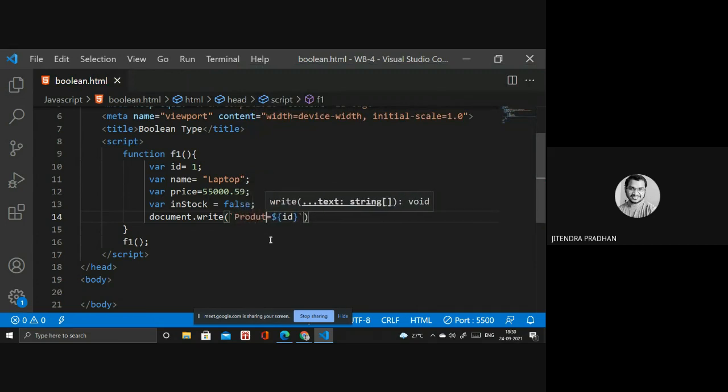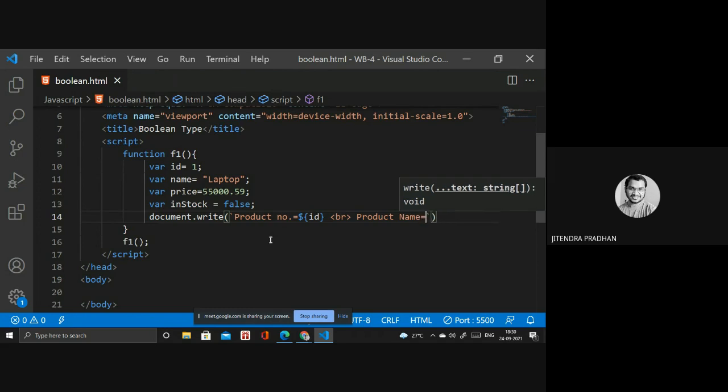Next, I use a BR inside it to break the line, and next we write the name of the particular product. So we have product number, product name. There's a spelling mistake, I will correct that. Product number, product name, we have done all these things.